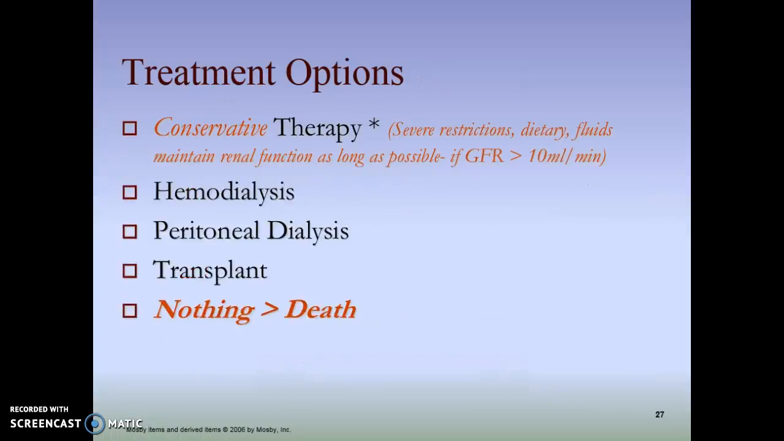All right, this is a slide that is not in your slides, but just some 30 seconds on treatment options. All right, in some cases where you have kidney diseases, you may not have to do anything initially in terms of treating the symptoms, but rather severe restrictions for diet, fluid, to try to maintain renal function as long as possible. All right, then there's hemodialysis, peritoneal dialysis, and then transplant. And with kidney issues, if you don't do anything, then of course that will lead to